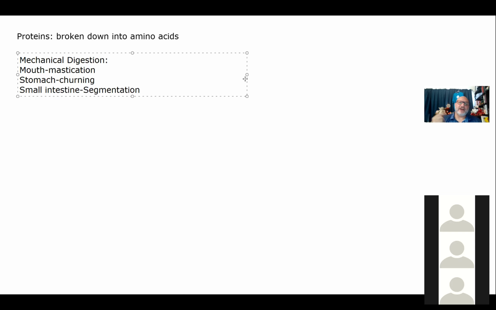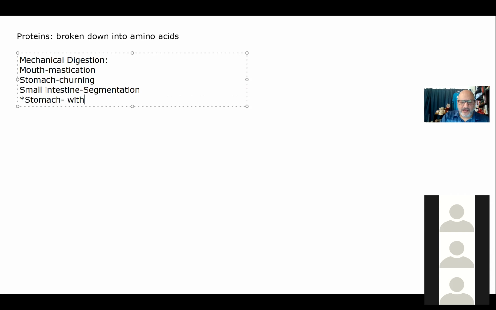However, is there an additional way that is special for proteins and proteins only? Well, I'm asking the question, so the obvious answer is, of course, yes. So let's switch it around. What is the other way that we mechanically break down proteins? Bingo. Alexa got it. Absolutely. In this case, it is in the stomach